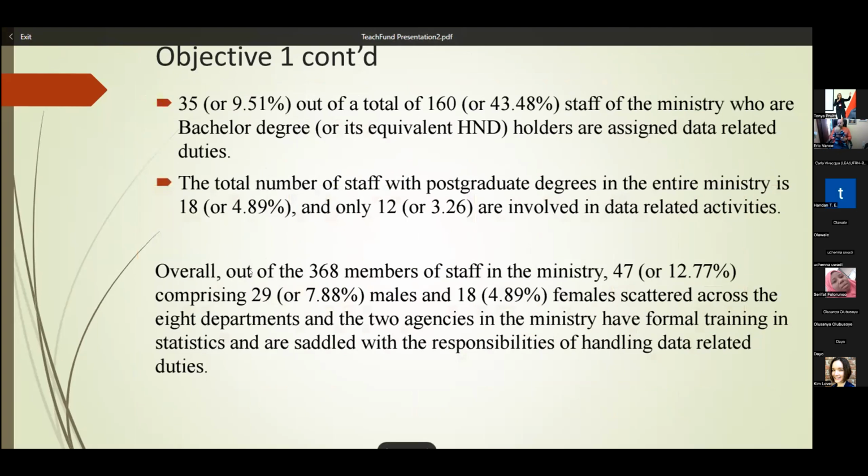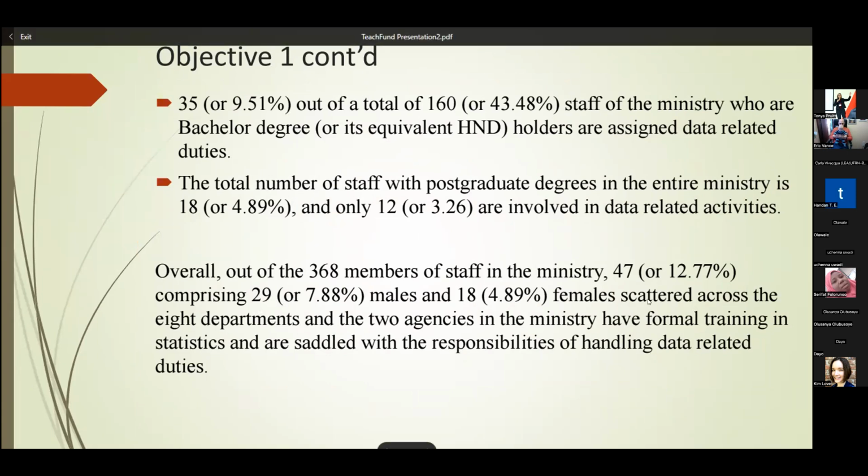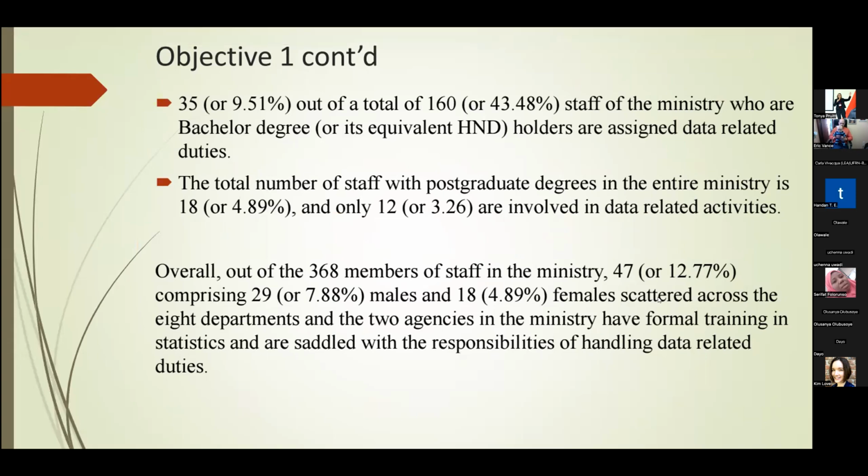Overall, out of the 368 members of staff of the Ministry of Environment and Natural Resources, 47 males and 18 females are scattered across the departments. There are 8 departments in that ministry and 2 agencies. So these 29 males and 18 females are scattered across these departments and agencies. They are the only set of people who have formal training in statistics and are saddled with the responsibilities of